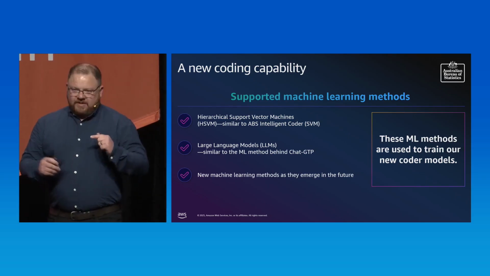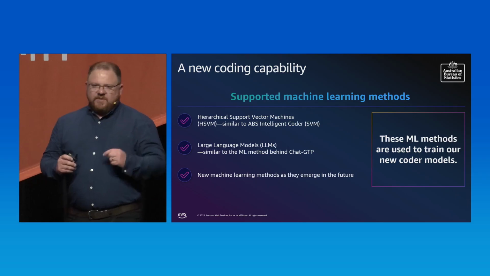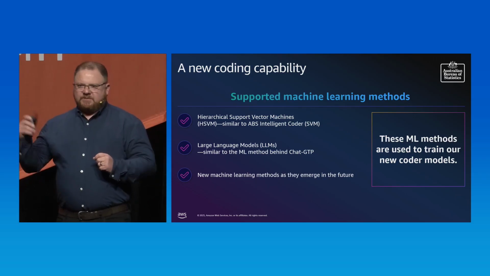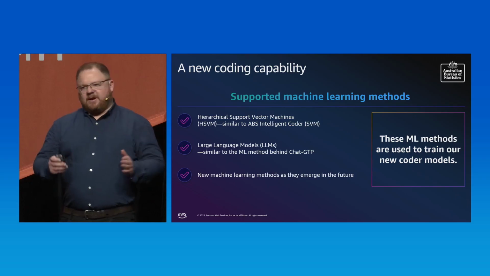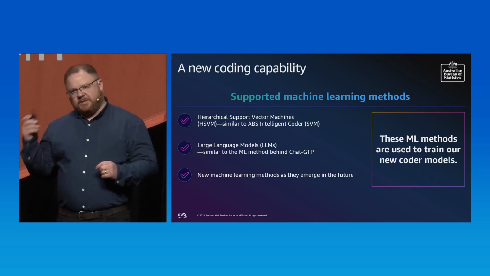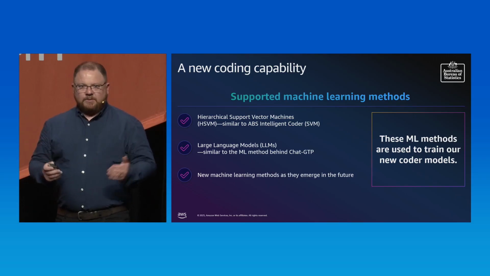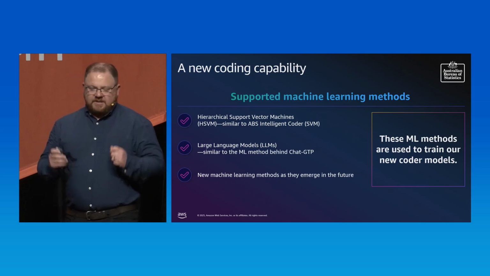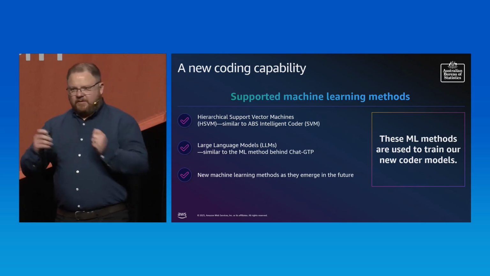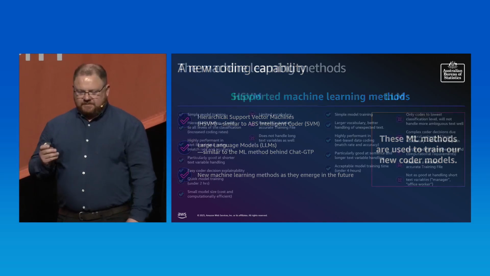And an important thing, which I'll talk about again later, is that we've developed this solution with the ability to adapt to new methods as they emerge into the future. Even in the time that we've created this product, there are already new opportunities and new machine learning methods that we can start to look at and explore. So we developed our product, not limited to what we've had, but rather what we could potentially do in the future.